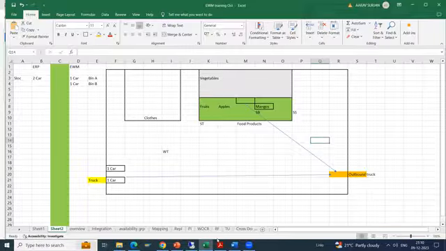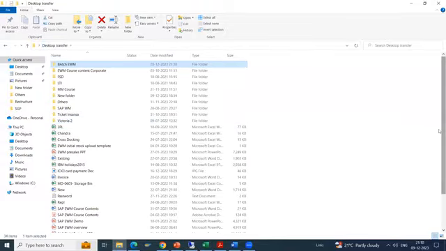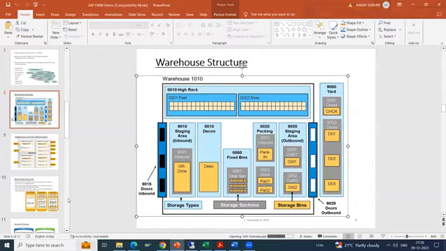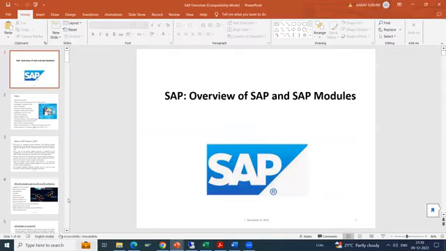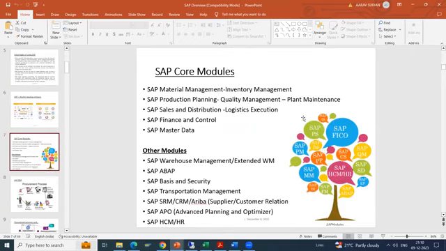Now again, before we go into the EWM, we will start with the basics of SAP. That means the next 2 sessions, because not everybody is in the SAP. You might be starting. Not everybody is in the SAP, right? This might be your first learning in the SAP. So I will start with the overview of SAP, and I will give you the high level idea of all the different modules in the SAP in the next 2 sessions. That is next Saturday and next Sunday, 16th and 17th.